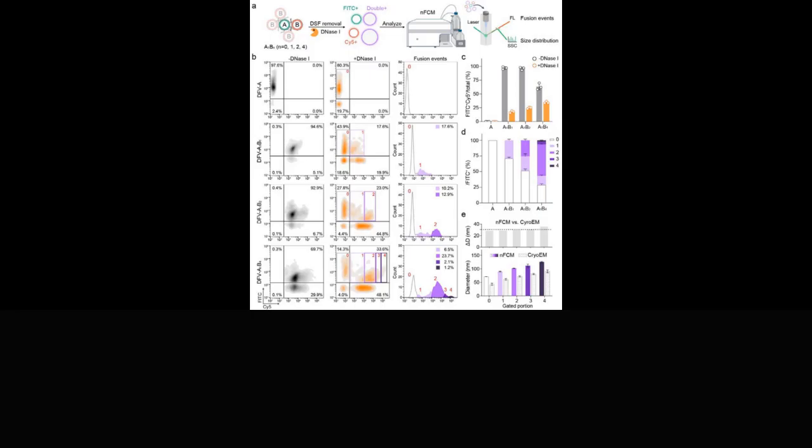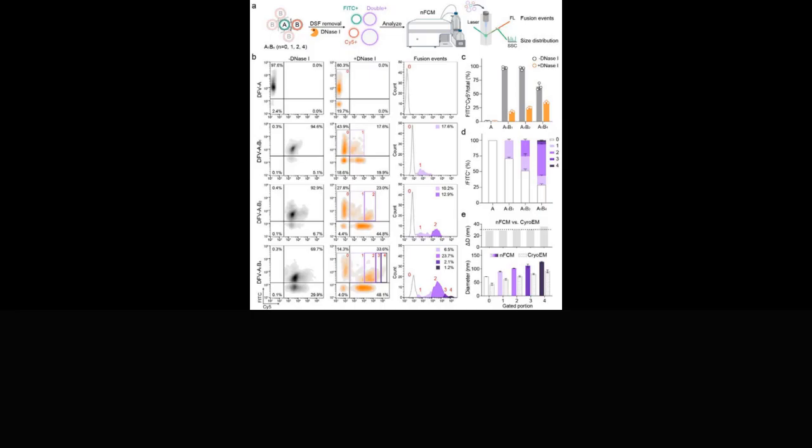Prior to digestion, DFV nanoreactors assemble into monomers, dimers, and higher-order species with distinct FITC and Cy5 fluorescence populations. DNase treatment removes the DNA framework, resulting in disassembly into individual vesicles. Post-digestion, the double-positive FITC plus Cy5 plus population corresponds to vesicles with merged membranes containing both fluorophores, indicating true fusion events. Panel C illustrates how the proportion of fused populations increases progressively with higher B to A ratios, consistent with